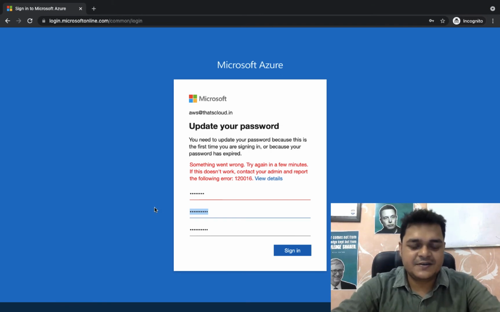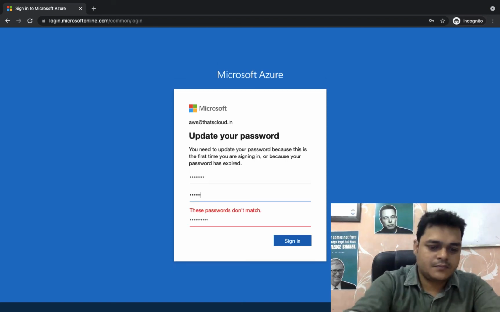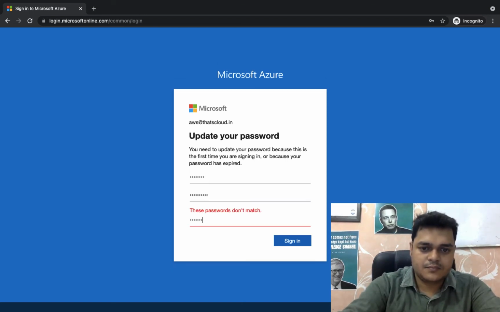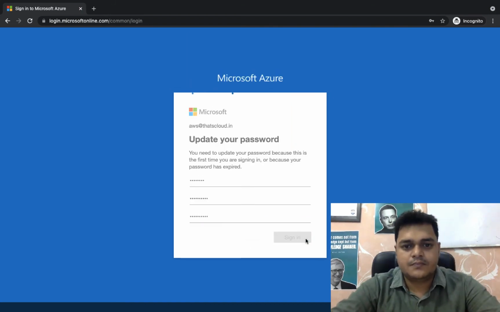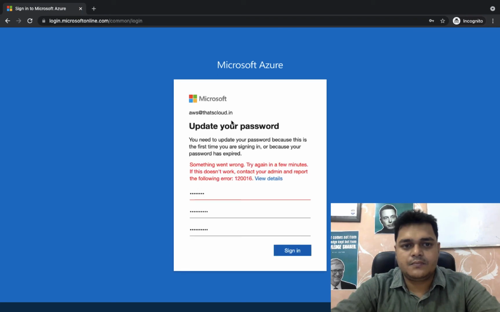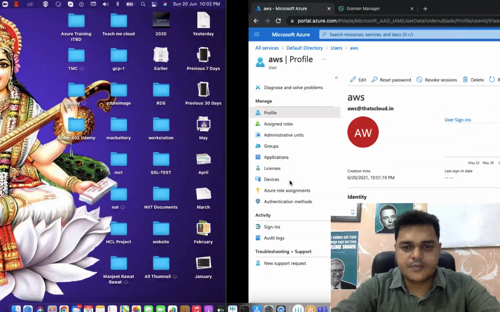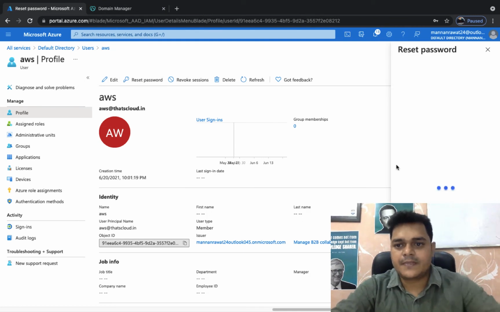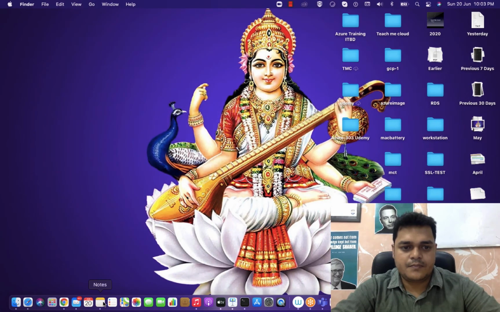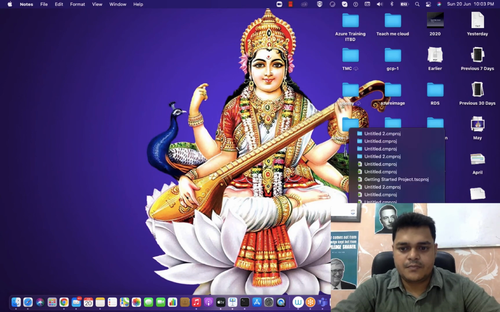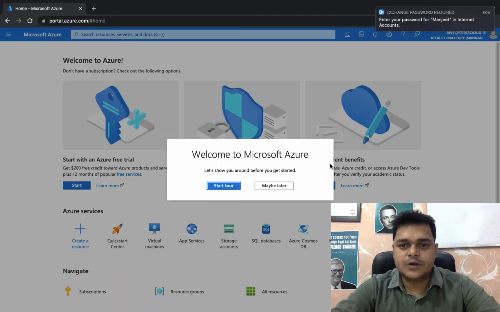Password must be unique. Let me verify it. Now we successfully logged in with the new user.